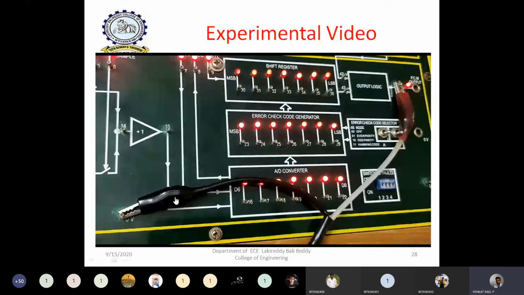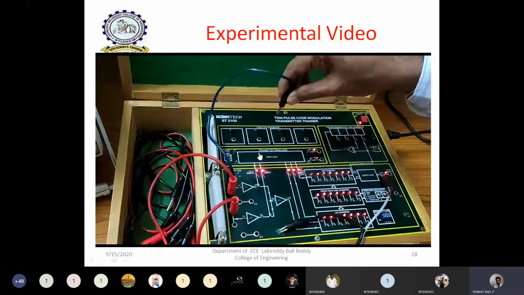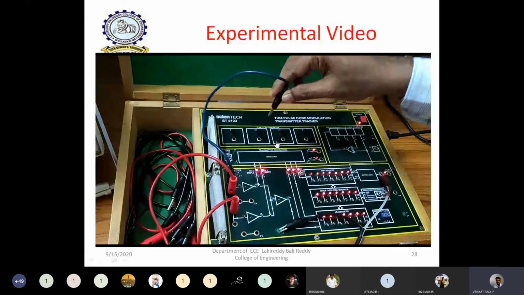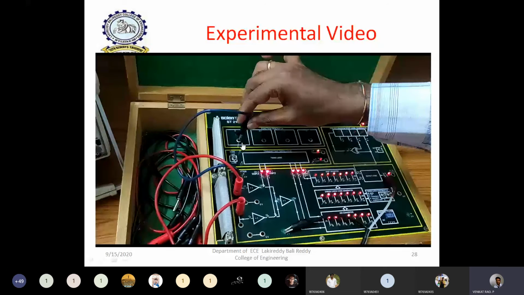Now let us see how to take only one sample value. For that, instead of taking a sinusoidal signal, we are taking a DC signal. The DC signal provides a constant amplitude value, whether it is 3.2 volts, 1.2 volts, or 2 volts; you can change the value. Based on our input sample values, you can take any one sample value as the input signal. Only for that sample value are we going to observe the encoded bit sequence. Then you can clearly observe the PCM output.